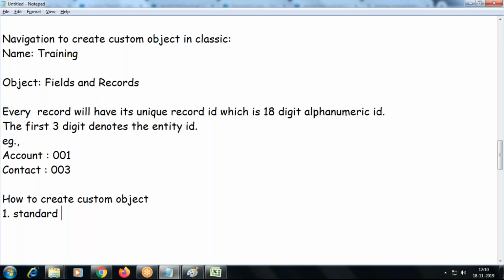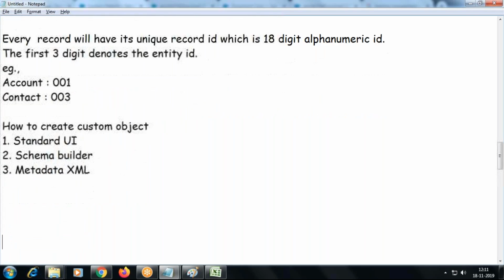One is the standard UI and a tool called schema builder. There is another way you can create by using a metadata file, XML file. This is for information purposes.